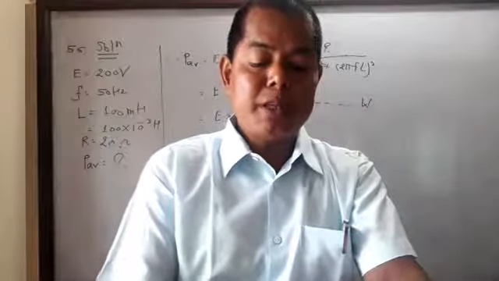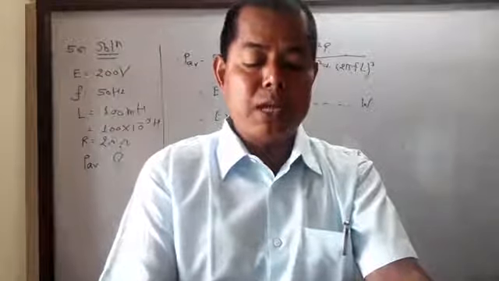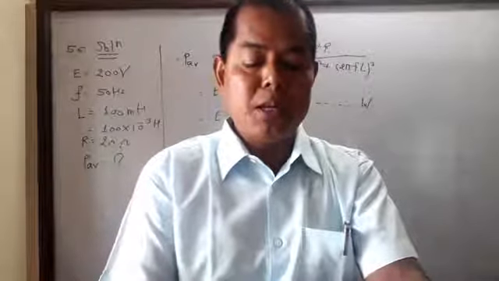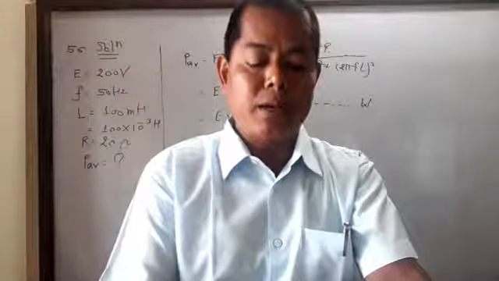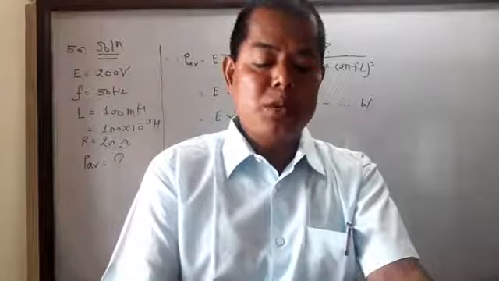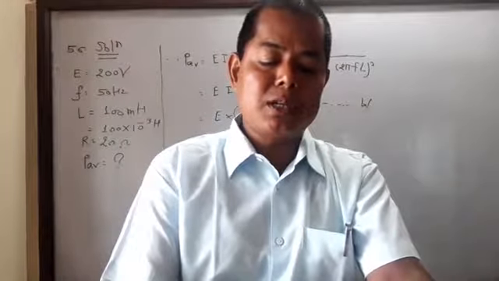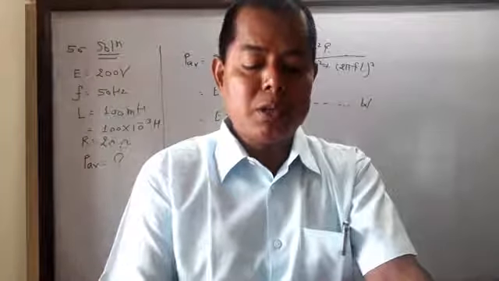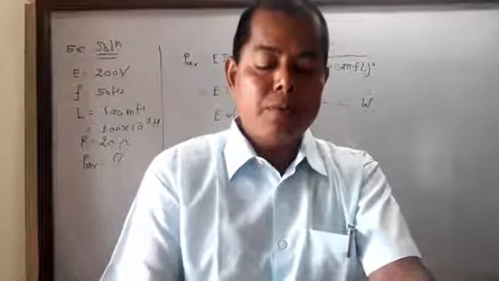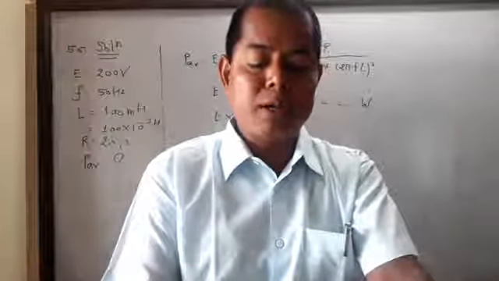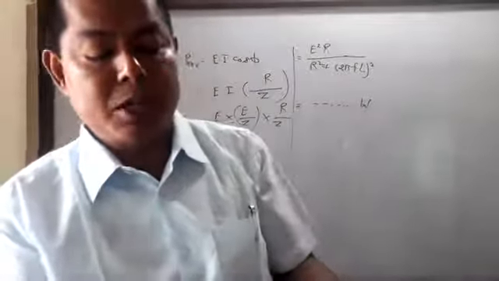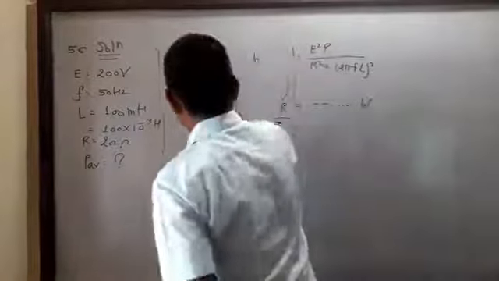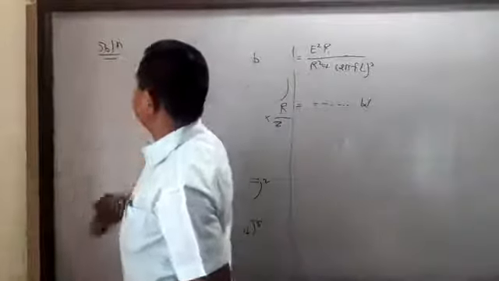A 50 volt AC supply is connected to a resistor having resistance 50 ohm in series with a solenoid whose inductance is 0.25 Henry. Means there is no pure inductor; the inductor has both resistance and inductance. The potential difference between the ends of the resistor is 25 volt. Find the resistance of the solenoid wire. This is a different question, question number 58.